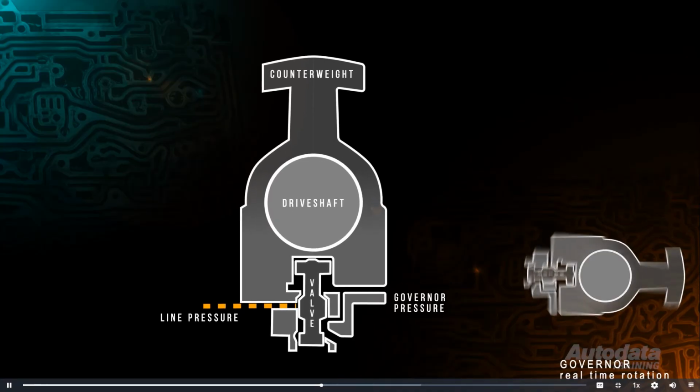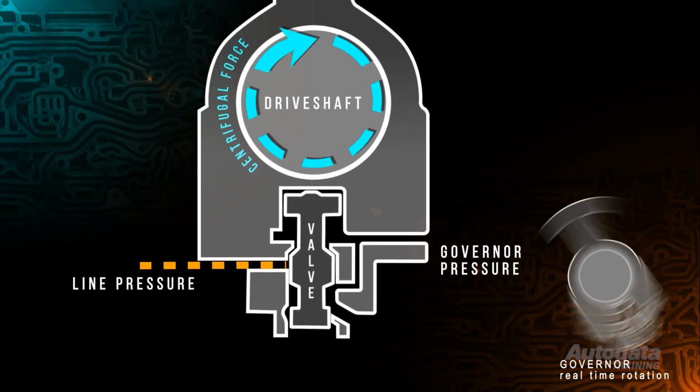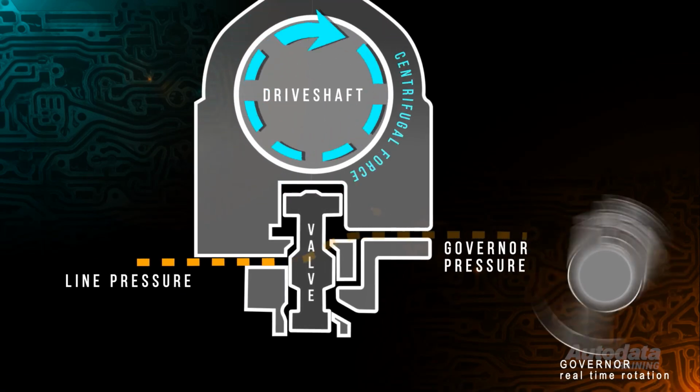The governor is a rotating mechanical device fitted with weights that are thrown outward in response to centrifugal force. As transmission